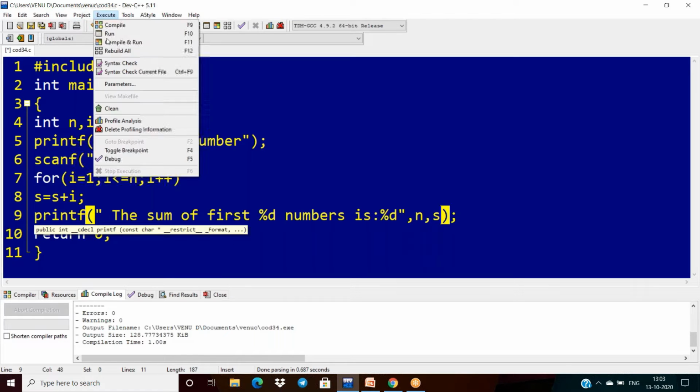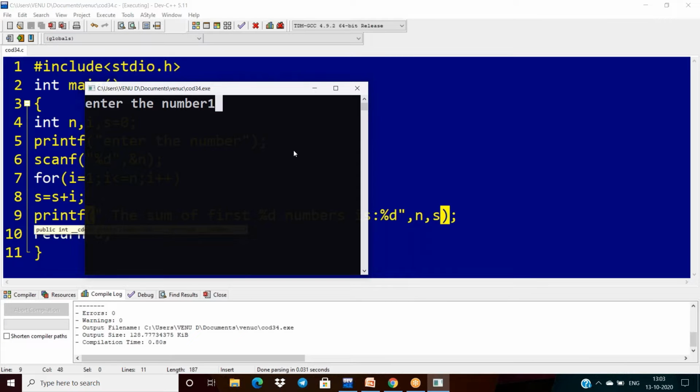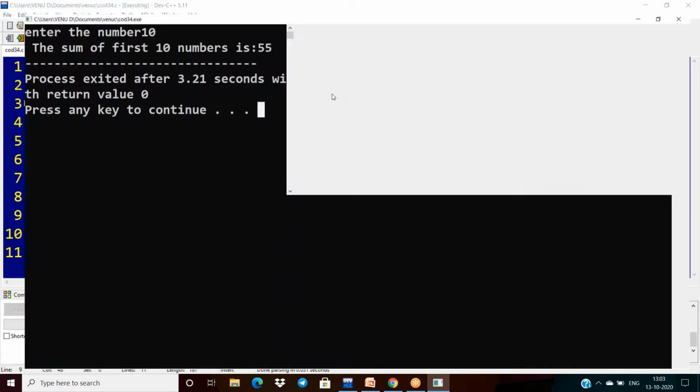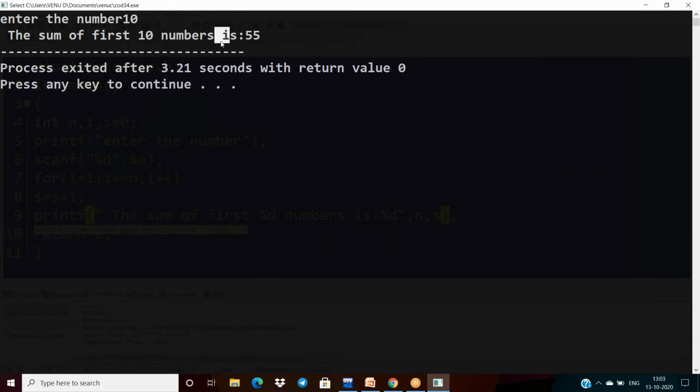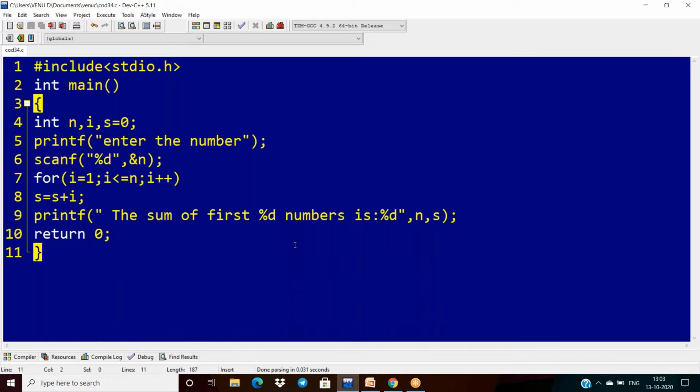Now again compile the code. I am giving the input 10. The sum of first 10 numbers is 55. So now the second program is also finished.